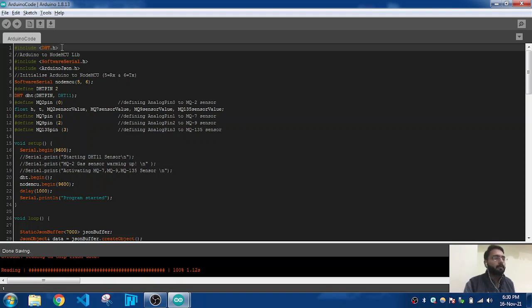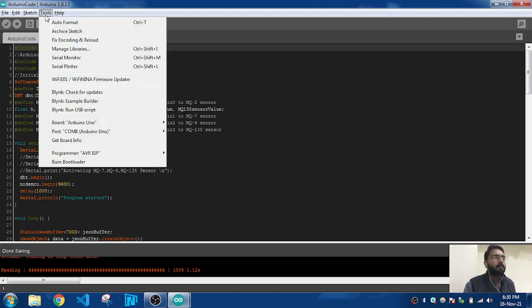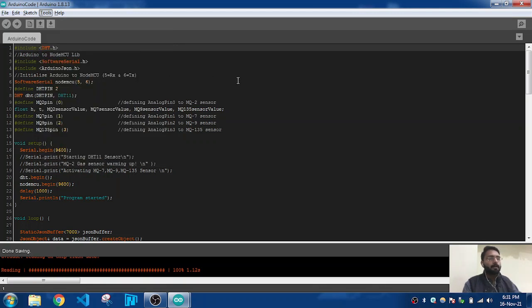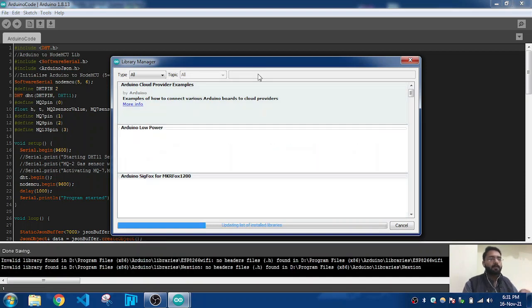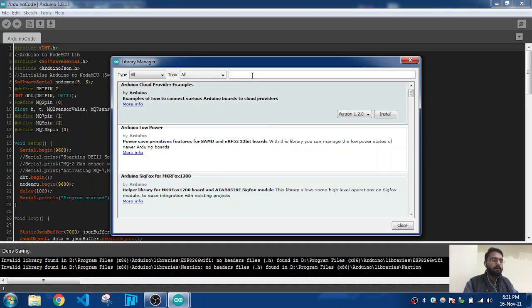This is my Arduino code on the Arduino IDE software. You can see you have to include the dht.h file. You have to go into Manage Libraries, and then type the DHT11 library.